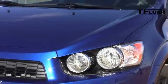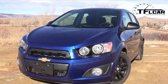Look, it does look like a kid's car to a certain degree, but if you want, you can deck it out and make it look like a regular everyday car. It's got a great turbo engine. It gets fantastic fuel economy. It's really cheap, and it's civilized. It's a simple, civilized car, but man, when you hammer it, it's really quick, and it's a lot of